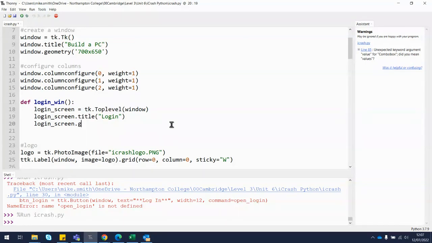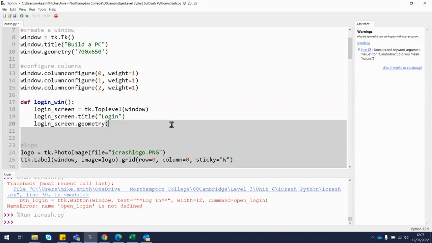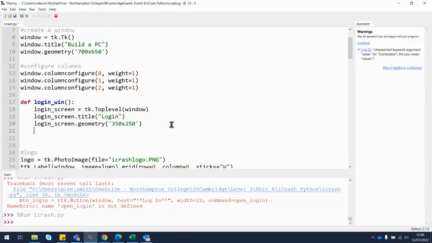Okay, so dot geometry. Now we don't want it as big as the window we have. We don't want it 700 by 650. That's going to be too big because it's only supposed to be a little pop-up window. So let's try 350 by 250. If it's too big, if we don't like it, we can just come back and change these numbers later. So that should create a window, give it a title and give it some space, but there isn't anything in